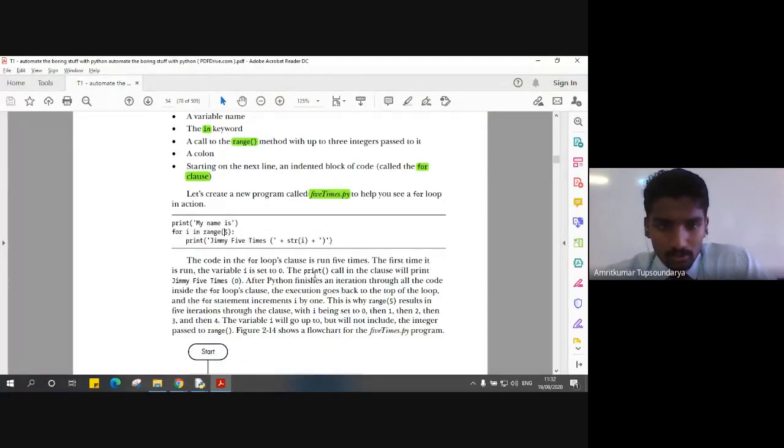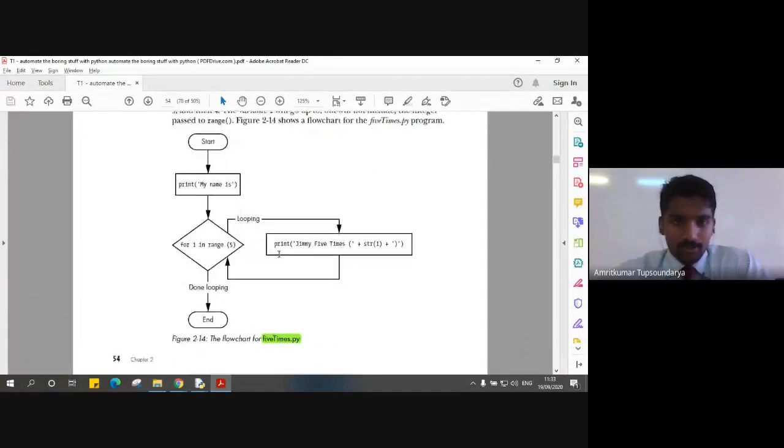So here is the flow chart for this. We start the program by printing a simple printf statement, my name is. We get into a for loop with the range 5, for I in range 5, right? Here you can see I is declared and initialized at the same time.